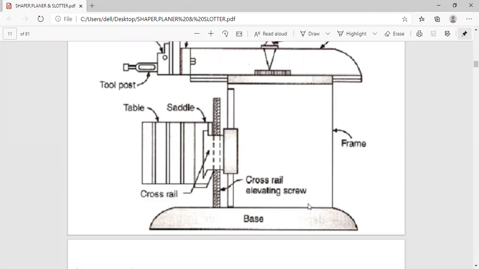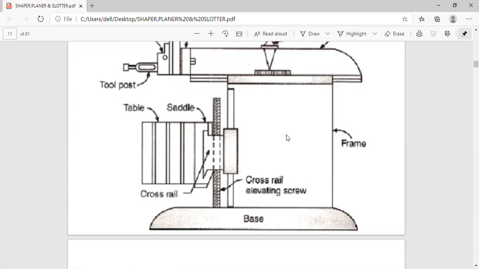We have different sizes of the machine. So we have to see whether flatness is obtained. How can flatness be obtained? Just keep the spirit level on the base and check whether the bubble of the spirit level lies in the center. That is very important. That's why the spirit level is a very important measuring tool in the machine shop.